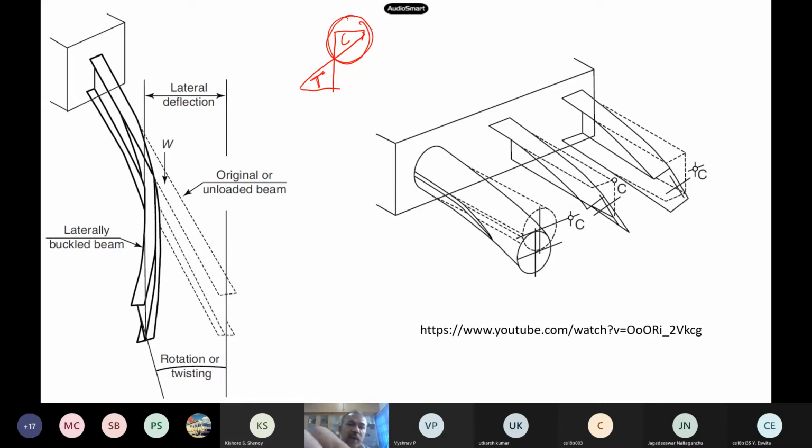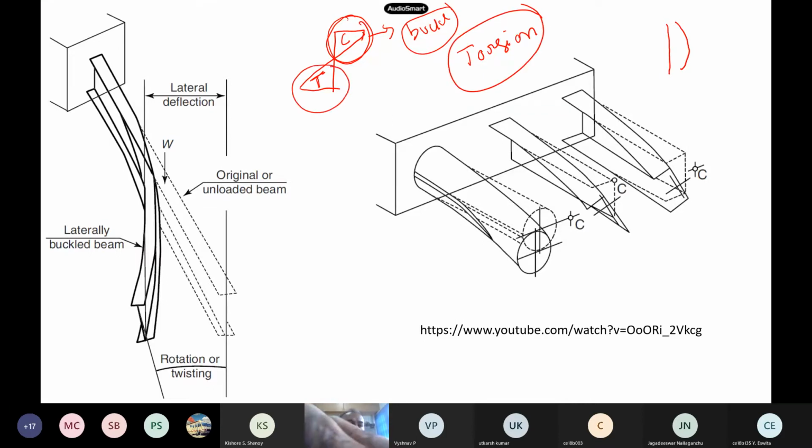So the top tries to buckle, but the bottom one doesn't want to buckle, so it holds it. This buckling is not uniform. In the column it was uniform, like this. But in beams, the top one wants to buckle, the bottom one doesn't, it holds it. So here you will see torsion also comes into picture, because tension doesn't want to buckle, so it is an unsymmetric kind of thing. And then it buckles in a lateral direction. That's why we call this lateral torsional buckling. You followed LTB?